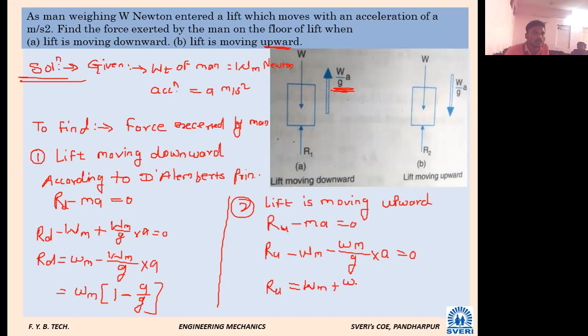W m plus W m म्हणजे काय हो, कुणाचं वेट आहे ते? वेट ऑफ मॅन. सो W m 1 प्लस a by g हे झाला फोर्स. किंवा F म्हणा, R म्हणजे रिएक्शन वाटेल तुम्हाला, किंवा त्याला फोर्स म्हणा F. Either you can use equation F minus m a equal to 0 or R minus m a equal to 0, where R is what? रिझल्टंट म्हणू शकत नाही तिथं. R म्हणजे काय म्हणावं लागेल, इक्वेशन मध्ये जेवढे काय फोर्सेस ऍक्ट होते त्यांचा it as a resultant. येते का लक्षात? विचार केला तर सोपा आहे.